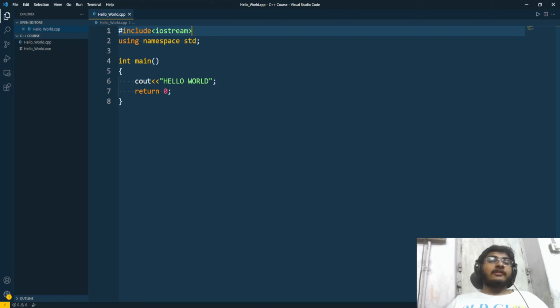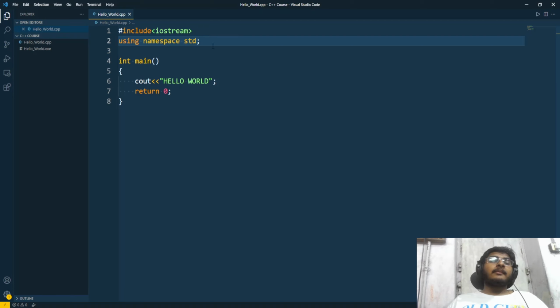This #include preprocessor directive tells the program to include this iostream header file so that we can use it. Now, if we have to run a program to print output, we have to write using namespace std.